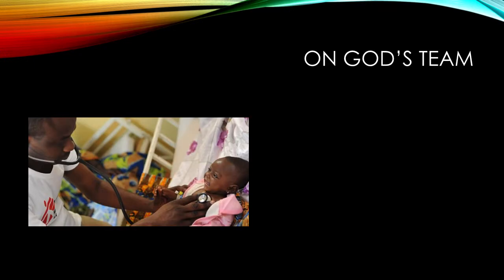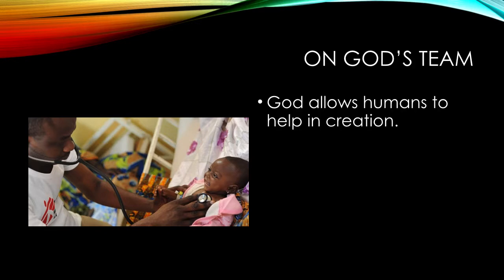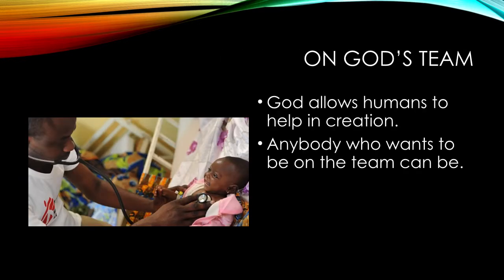Next bit talks more about the idea of the images of God. Part of the reason we are images of God is that we are allowed to help in creation. We're on a sort of no-cut team that God assembles. Everyone who exists has some purpose they can fulfill simply by being who they are as well as possible. In other words, we're all teammates on a team that is meant to make the world a better, kinder, more just, and more loving place.